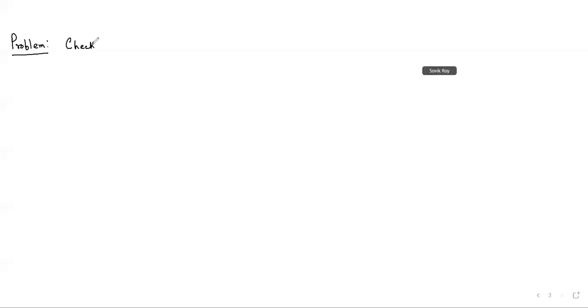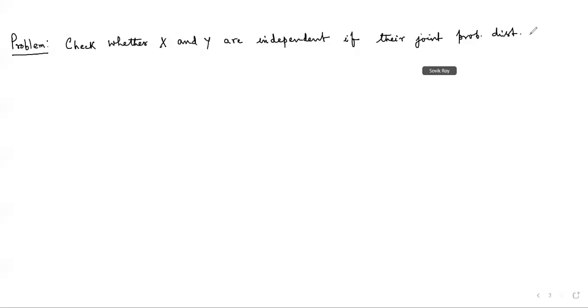The problem is as follows. Check whether capital X and capital Y are independent if their joint probability distribution is given by f of x comma y, this is equal